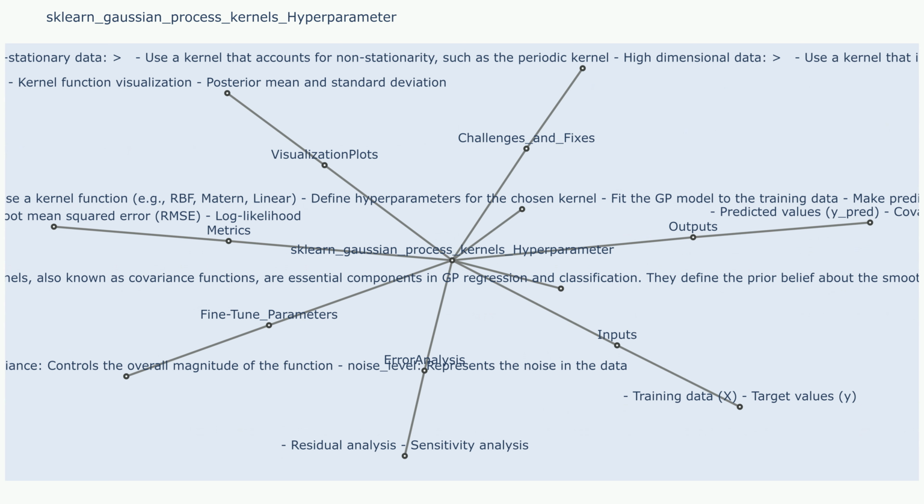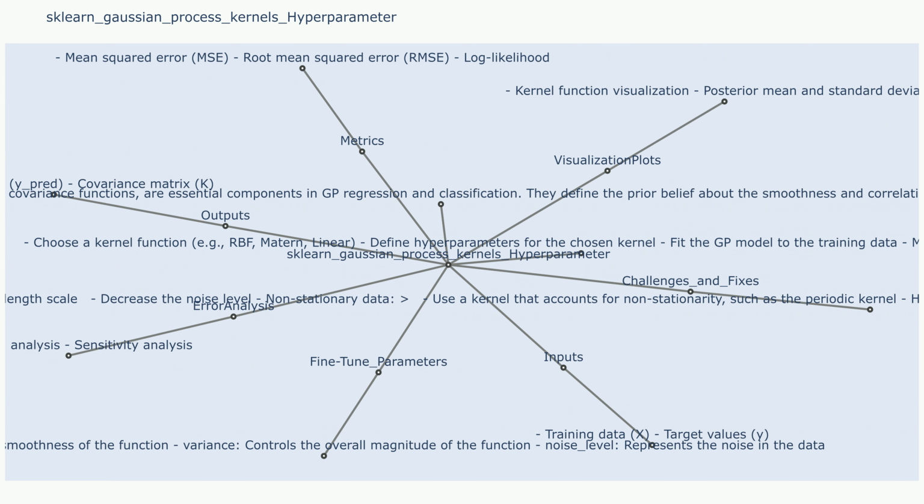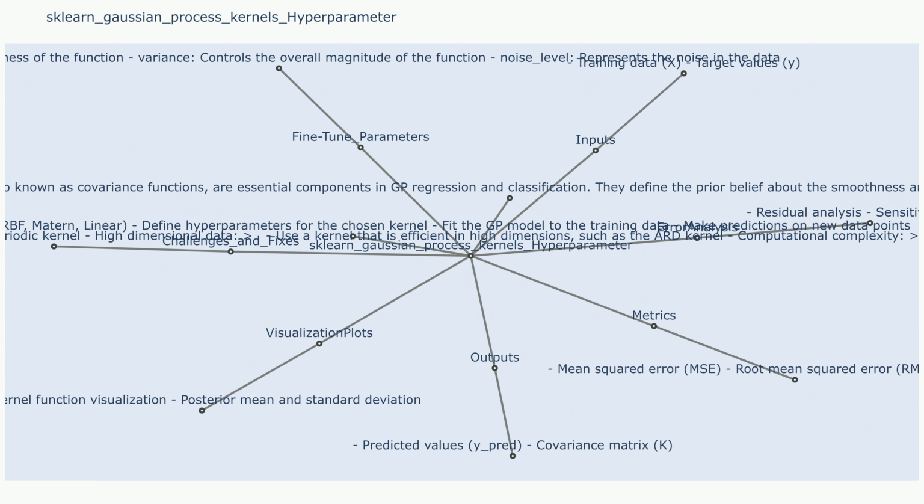Steps. The Gaussian process model is trained using the training data and target values. This involves estimating the hyperparameters of the kernel function. The trained model is then used to predict the target values for new data points. This involves computing the covariance between the new data points and the training data points, and then using this covariance